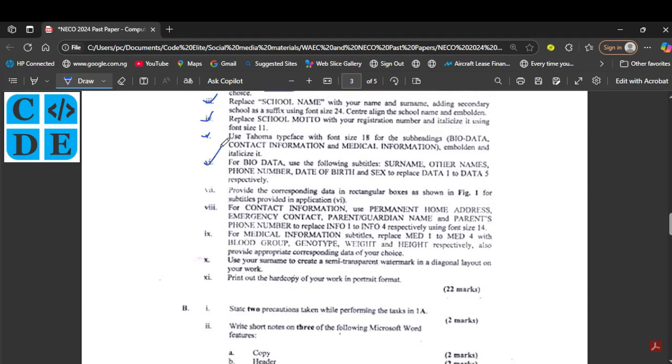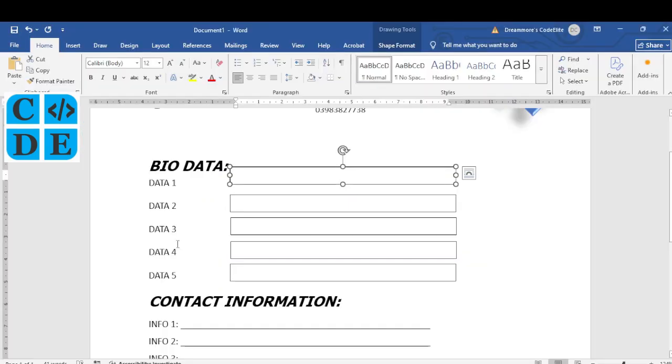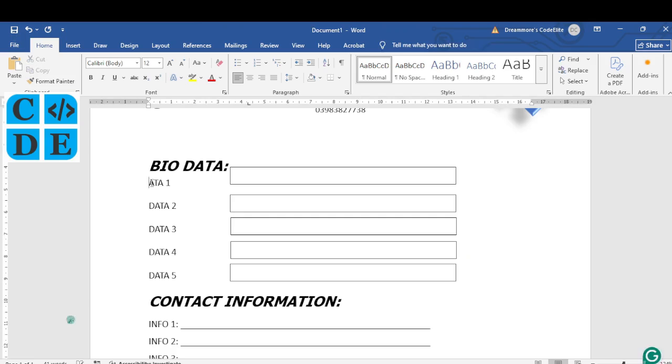Okay, so we are on to number 6. Say for bio data use the following subtitles. So we need surname, other names, phone number, date of birth, and sex to replace data 1 to 5 respectively. So for data 1, this is supposed to be the surname, then here other names, data 3,